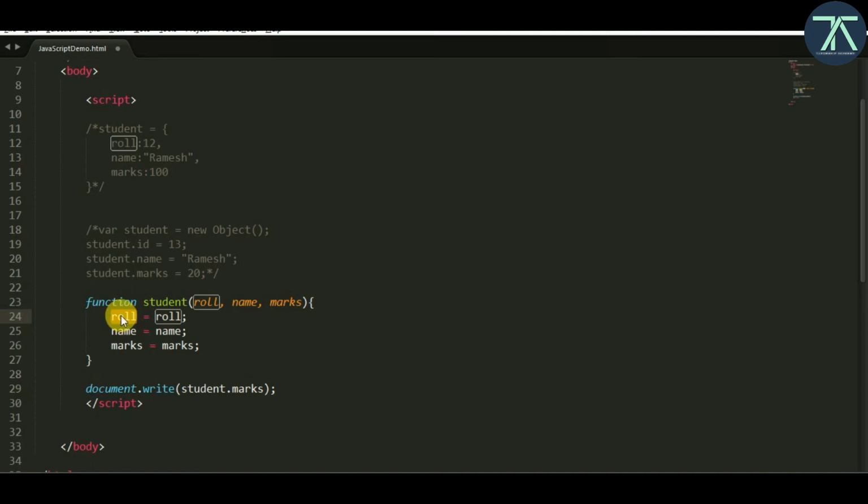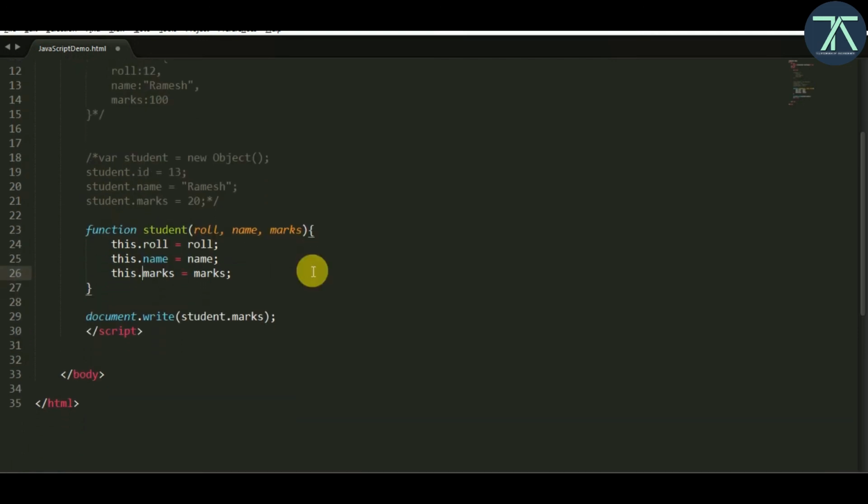To identify that these fields are the properties of your student object, you have to add something like this. If you add the this keyword, then this role will be treated as your object property. So you have to add this dot before every property of your object.